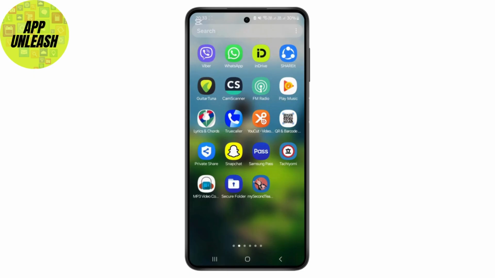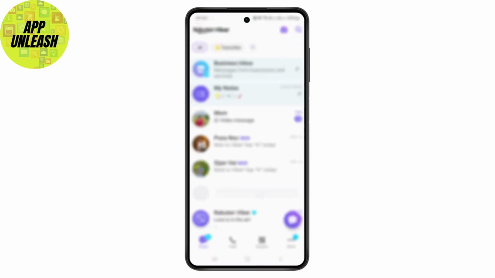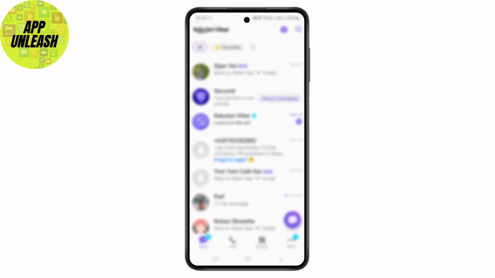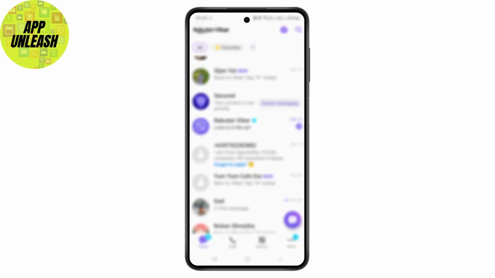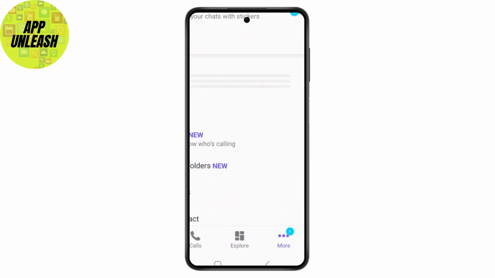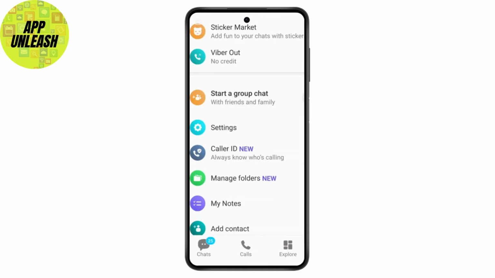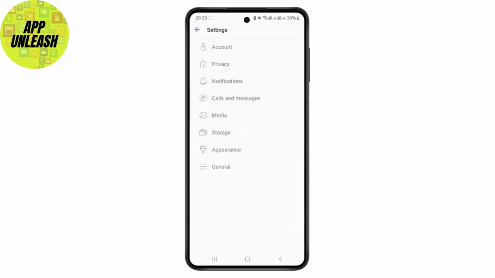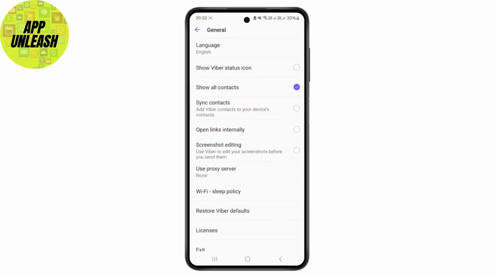In this quick tutorial I'll be showing you how you can easily log out of your Viber account. So first thing, simply head over to your Viber application and make sure you are logged into your account. And once you're inside here, just click on this more button over here at the bottom right corner and click on settings. So once you click on settings, just tap on this general section, and before you come here,